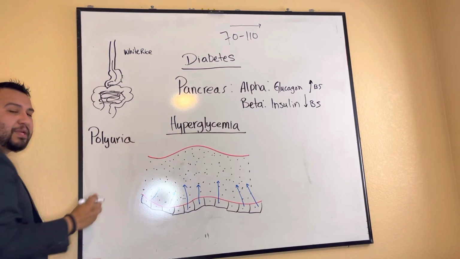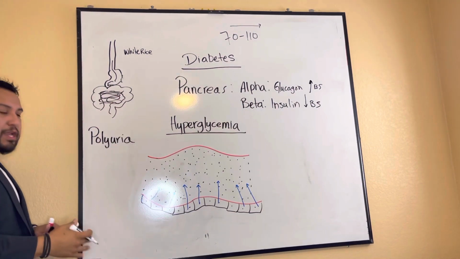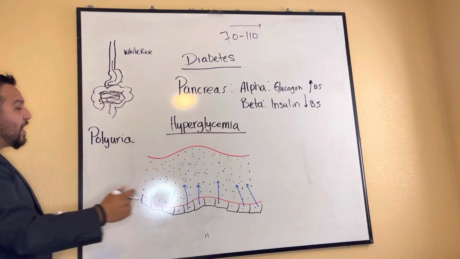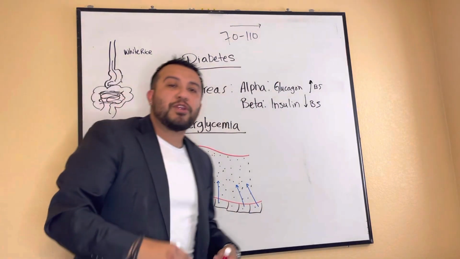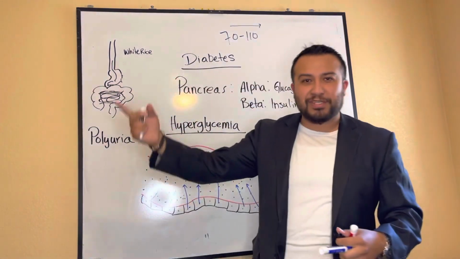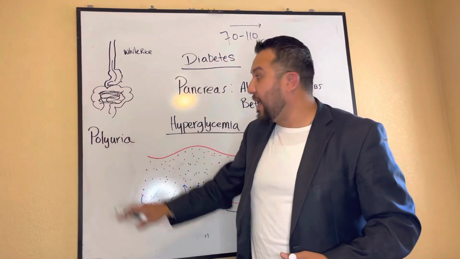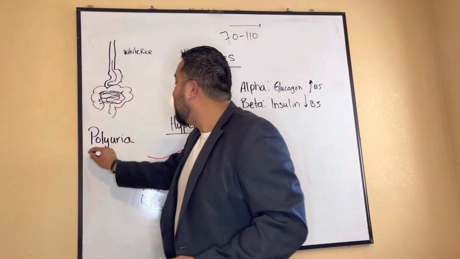You guys have heard of 3 Ps, right? This is why it happens. Your body pulls in water from the system, it puts it inside the vessels, and now you have more circulating fluid. Your glomerular filtration rate increases. You have more fluid going to the kidneys. Hence, your urine output also increases. And that gives us your first P. The second P is going to be